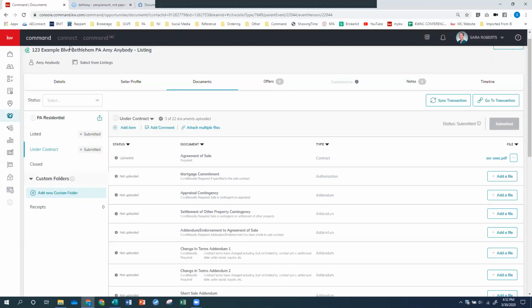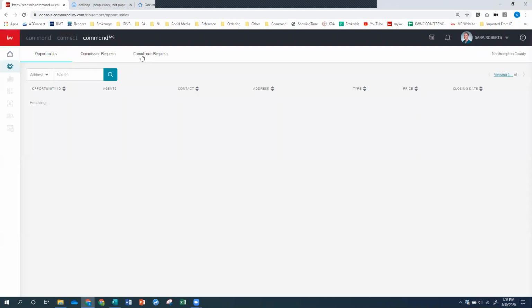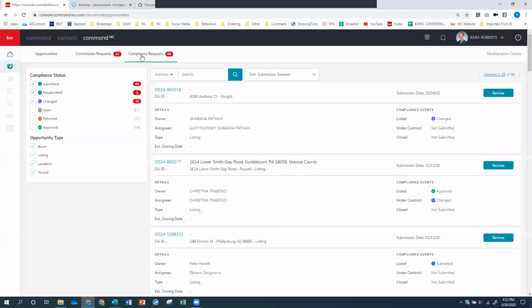And I'm now going to switch over to the Market Center side so I can show you what it looks like from the file reviewer standpoint. So you see I have this tab at the top that says Command MC. That's the command for the Market Center. Agents do not have that tab, so don't worry if you don't see that on your dashboard. You should not. So if I go to Opportunities here and then the Compliance Requests,